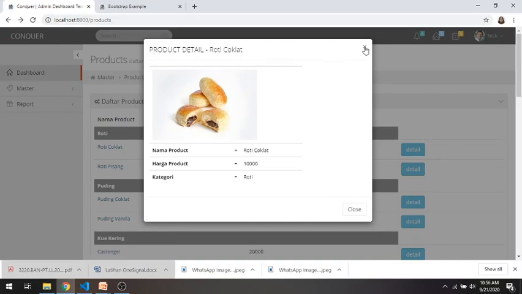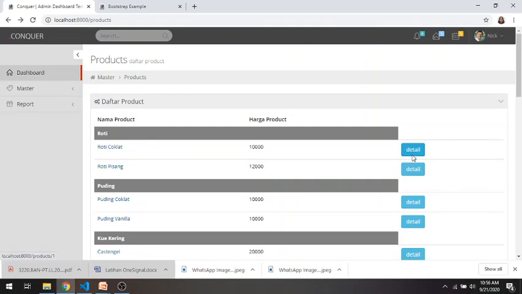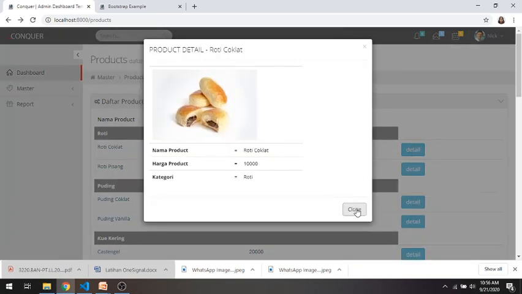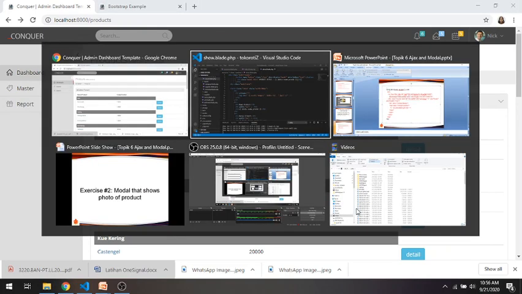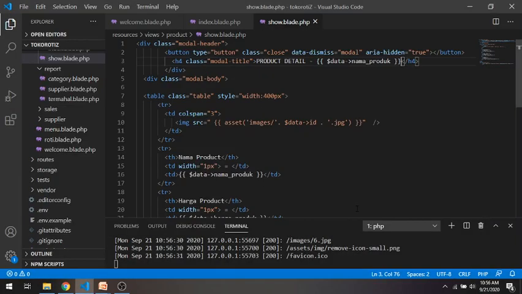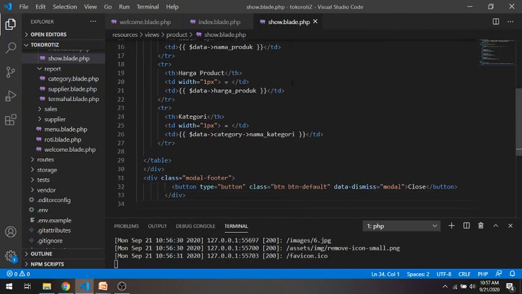There is a close button here, and there is a close button here. So maybe we cannot use directly our show sublet. We have to modify it with the modal structure. There are modal header, modal body, and modal footer.